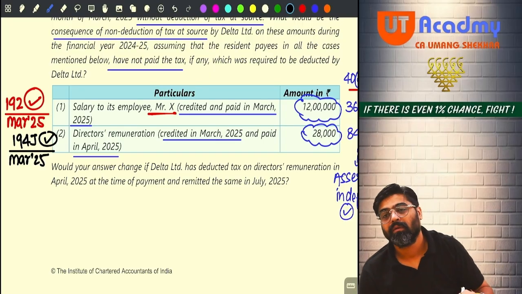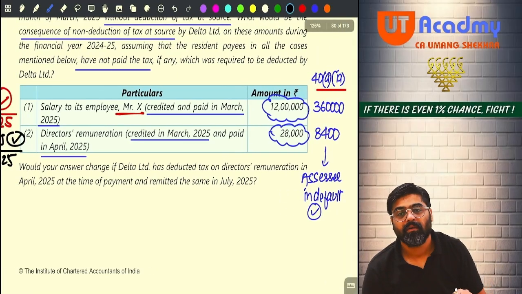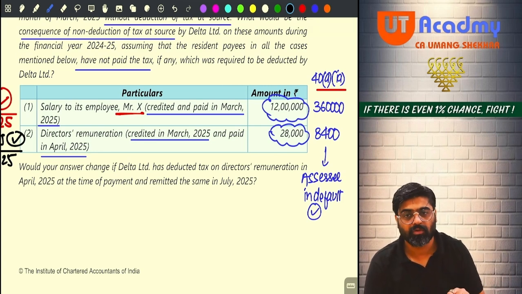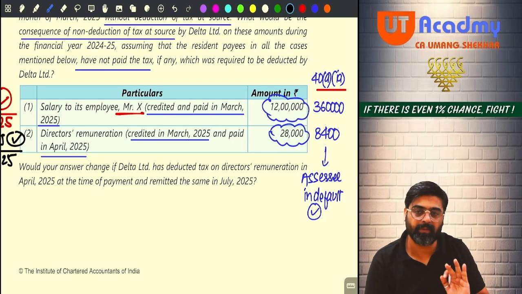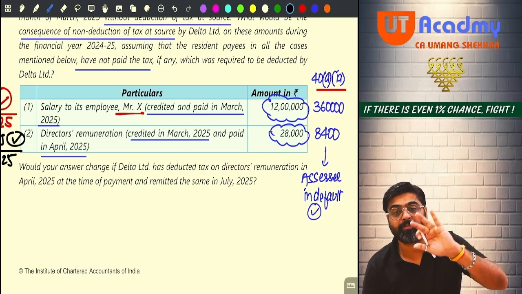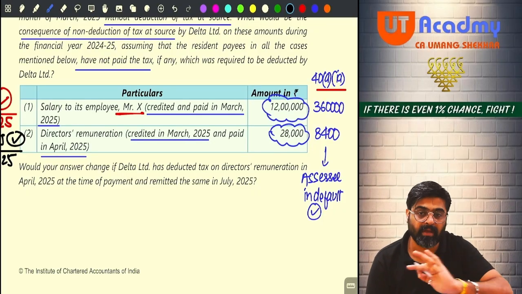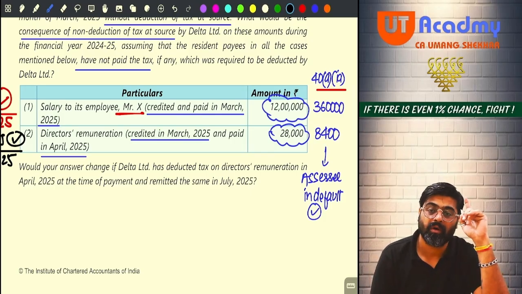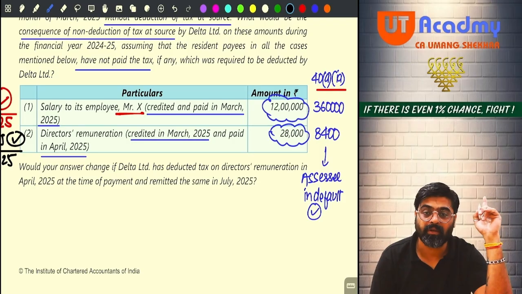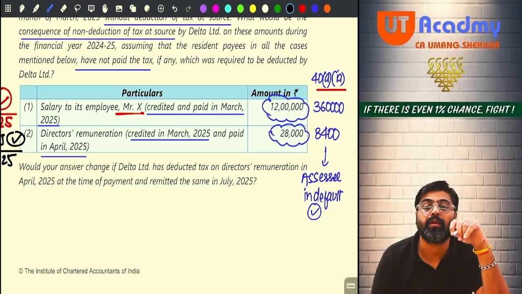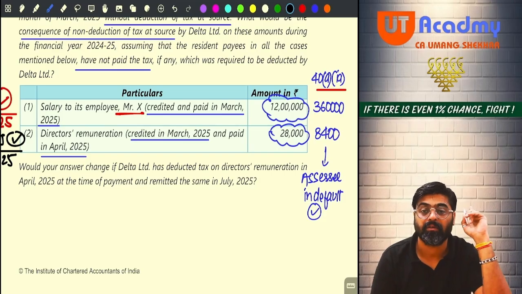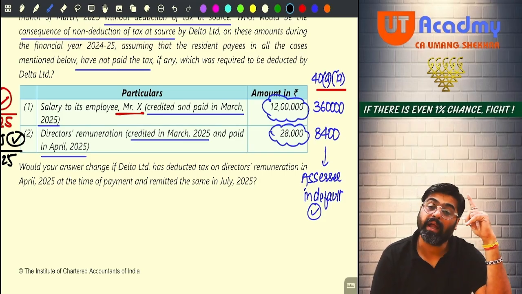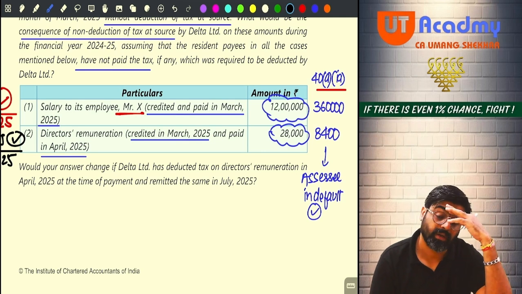So how much payment was made? 28,000. On that, have you deducted TDS in the month of March? No. So this payment will be allowed to the extent of 70%, but 30% of this payment, meaning 8,400, will not be allowed as a deduction in the previous year 24-25. Now, whenever you deduct that TDS of 194J and deposit it, at that time this 8,400 will be allowed in that year, the year in which the TDS on this payment was deducted and deposited. Will you remember?